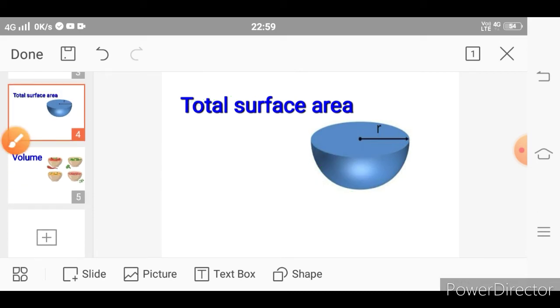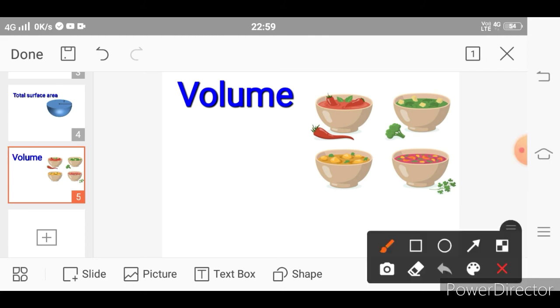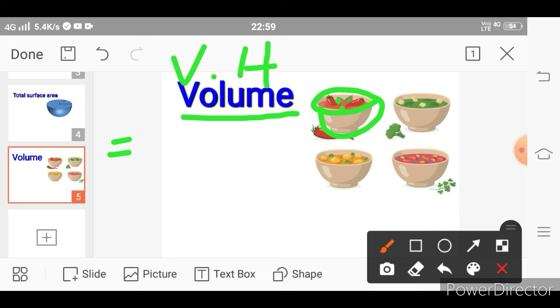Next, volume. Volume of hemisphere. What is the volume of hemisphere? This bowl is in the shape of a hemisphere. How much quantity of liquid is able to fill in this bowl is found by using the volume formula. What is the volume formula? Volume of hemisphere is equal to